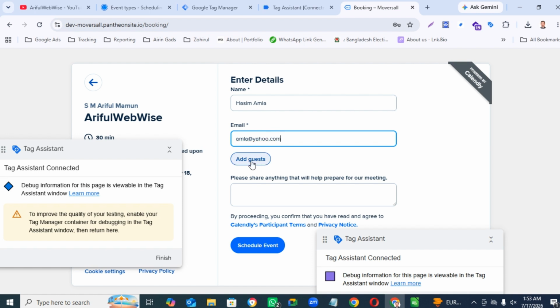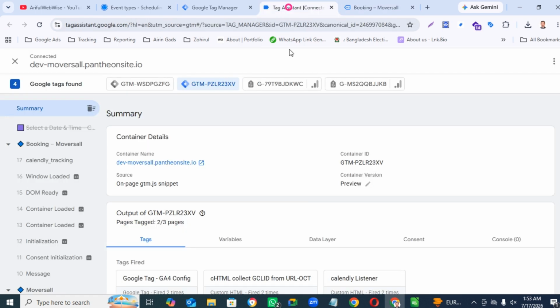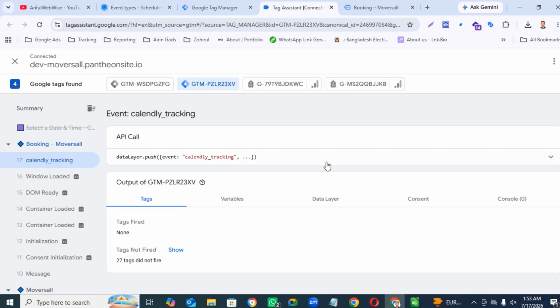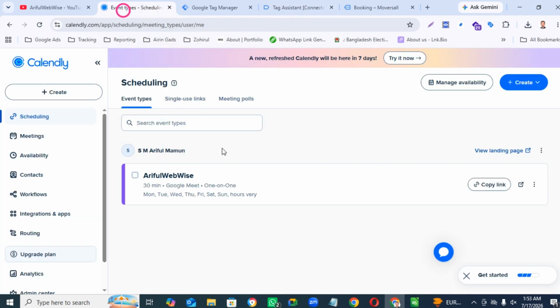Now booking confirmed. So now I am going to the GTM event listener tag to see how the data is populated. Okay, invite ID, URL. Now the calendar part, calendar received form element, name, email, booking time. Okay, now we can export the calendar booking. So they offer everything,